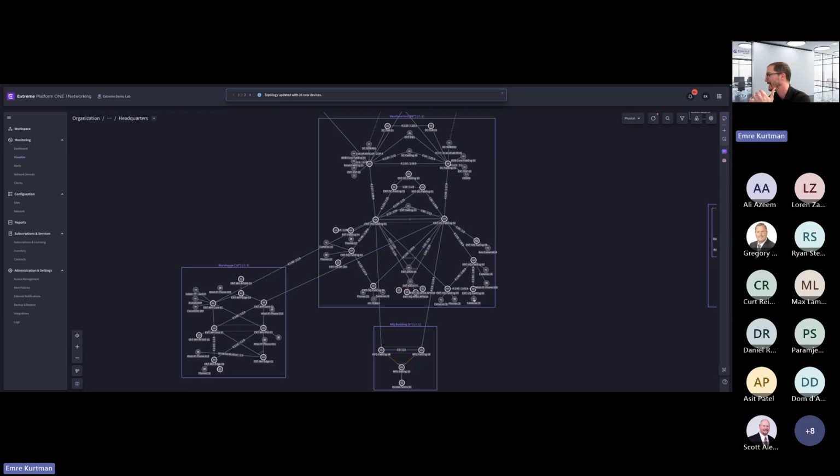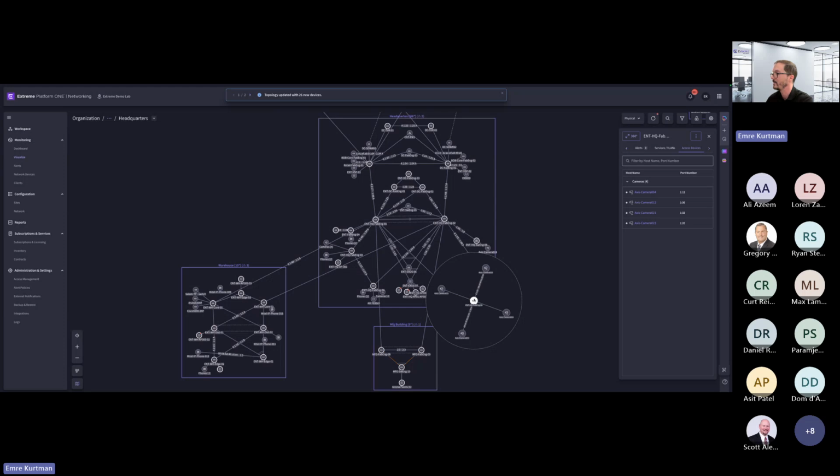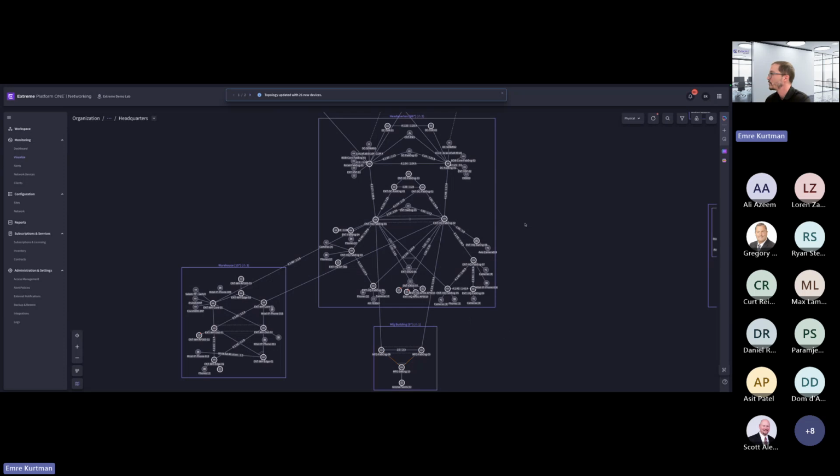Okay, so let's say if I click on here, you will see if there are multiple cameras that are connected to the same switch, we are summarizing the view. And then if you click on it, you will see individual cameras like in a burst view, which are all connected to the same switch. So this is the physical layer. And again, as I mentioned, we have this layered approach where you can also see the logical topology or the fabric layer on top of each other.